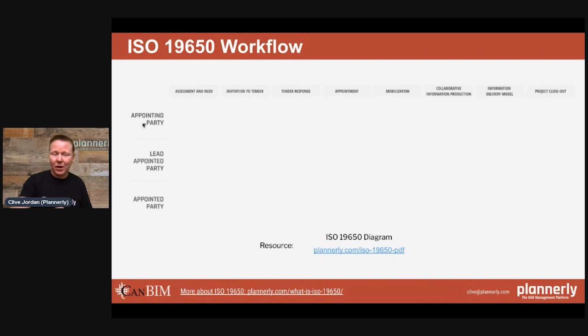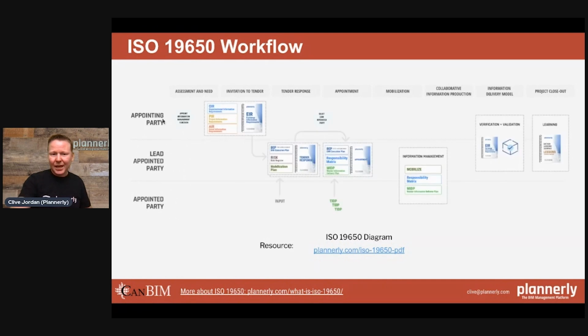So we think about the owner, and the main appointee, whether it's an architect or a contractor, having that contract and tender workflow with the appointing party, the owner, the employer. I'm trying to mix these words so that we can understand them. These are the terms used inside of the ISO documentation. And then we have these task teams that are delivering for the appointing party.